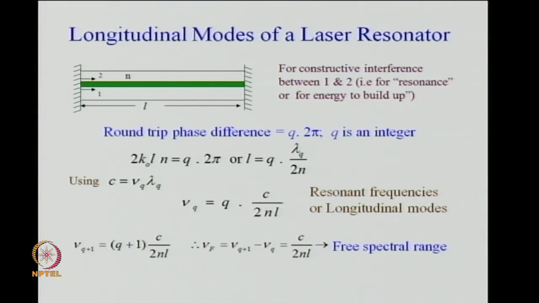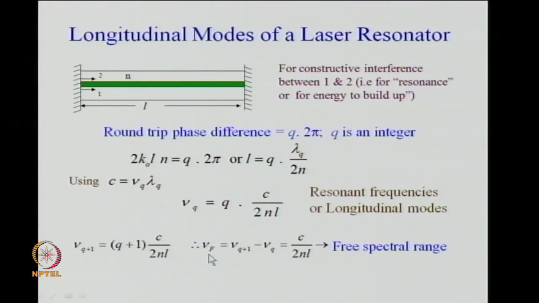Okay, the longitudinal modes of a laser resonator, we have discussed this, and therefore, I quickly go through it. We have already discussed this on the board. For constructive interference between 1 and 2, which means after one round trip, that is for resonance or energy build up, round trip phase must be integral multiple of 2 pi. We have discussed this in detail in lecture 33. q is an integer, and therefore, you get an expression for the resonance frequency nu q, which is equal to q into this. So, if you put q is equal to q plus 1 here,